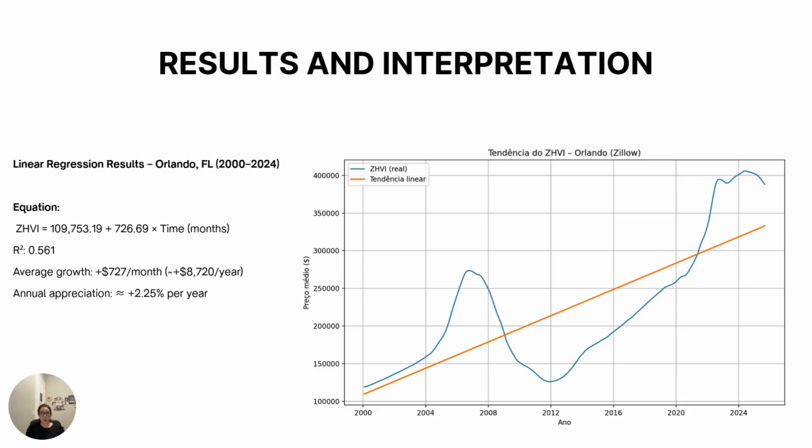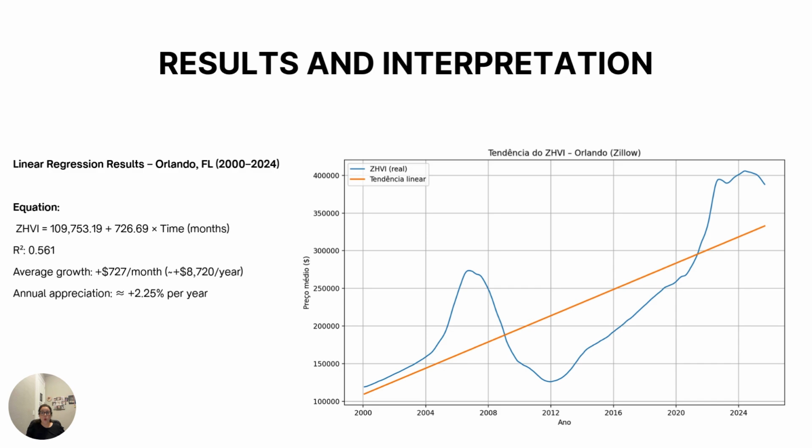This graphic shows the result of the model I created for the Orlando housing market. The blue line shows the real home value from the Zillow dataset, month by month, from the year 2000 all the way to 2024. The orange line is the regression line, which represents the general trend of how prices changed over time. The equation you see here,